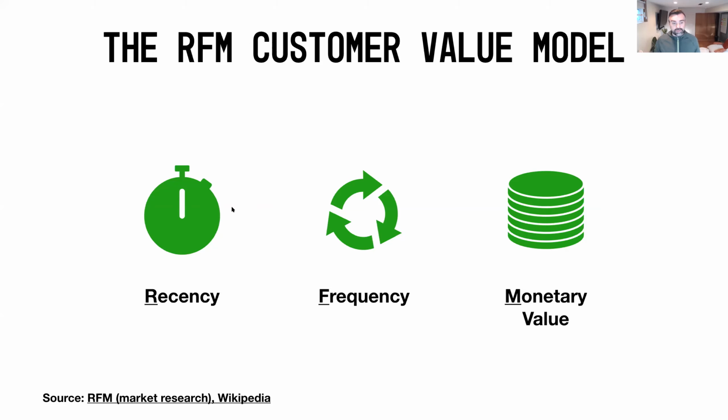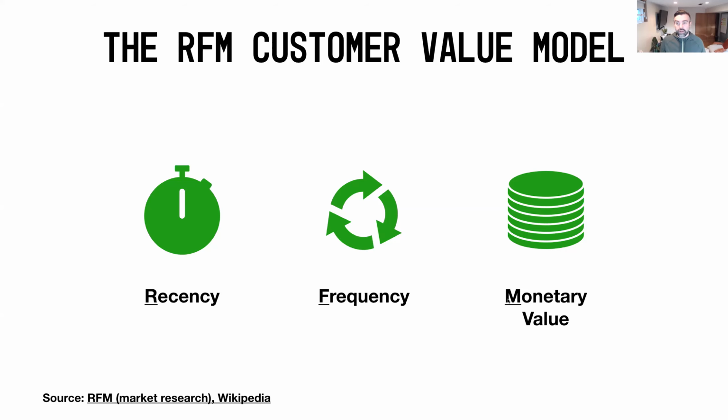And so recency speaks to whether they're a first-time customer or a repeat customer, whether they've been using your service for a while. We've got frequency. Frequency speaks to how often the person is coming back and buying from you over and over again. And then we've got monetary value, which is basically the value of those individual transactions, or the value of that particular order or purchase being made with your business. So we use RFM as a way to understand how valuable customers are to us, because all those